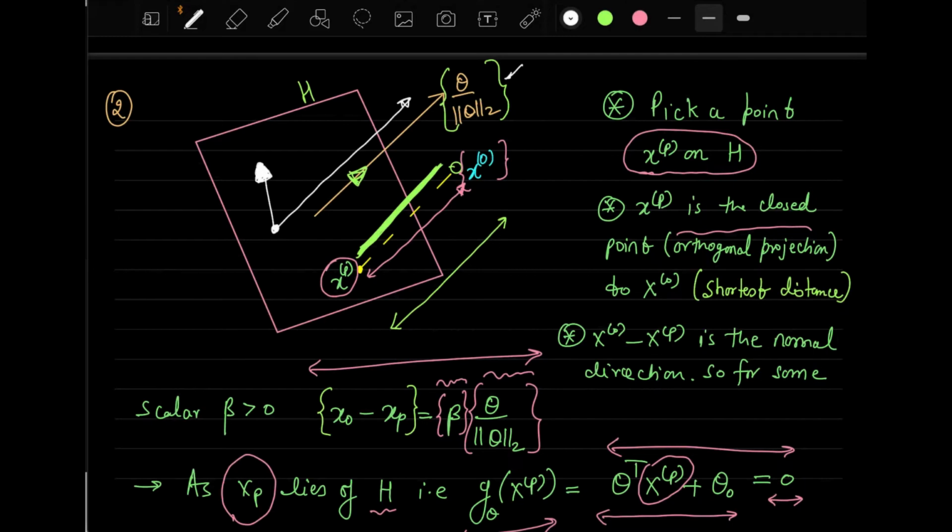And in the second thing, there is no extra point here, like there is no second point here. The only point that you have is xp as the vector. So there is no difference which you are taking between the 2 points here in the hyperplane. There is no difference, which means you have only one absolute point xp, which is the projection of this point, which is given over here, onto this plane.